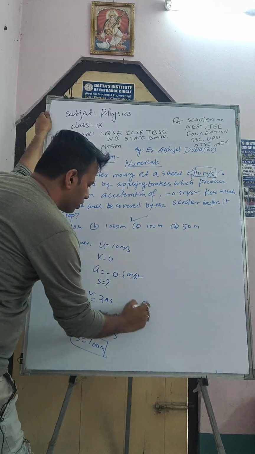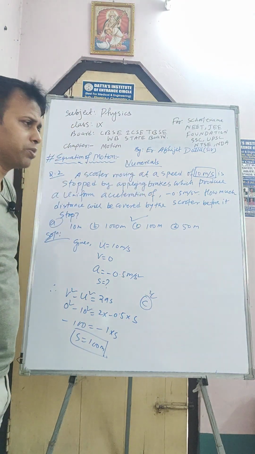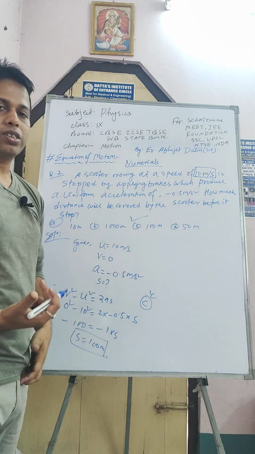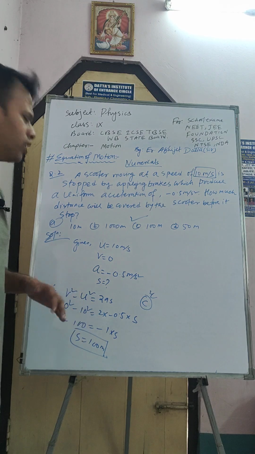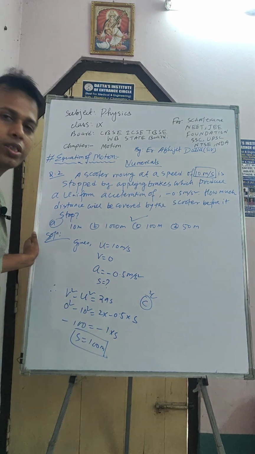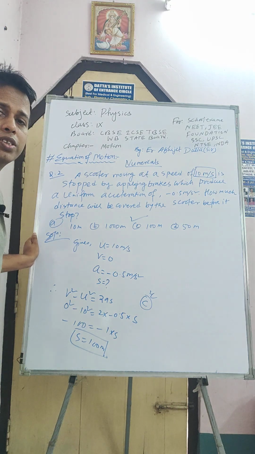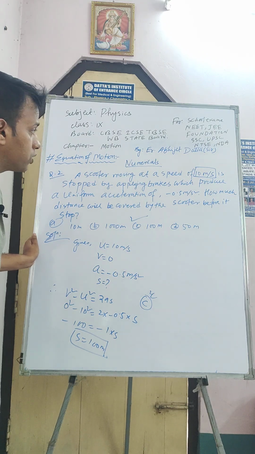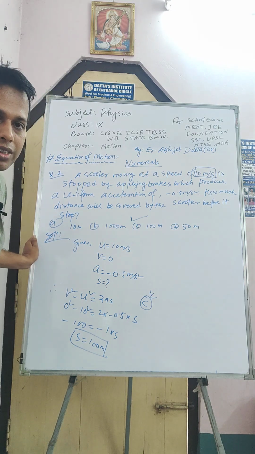So which option is correct? Option C is the correct answer. So physics is so simple. I am teaching lots of subjects, so many subjects, but physics is so interesting, because you can relate it with your real life experiences. This is classical physics, and you can experience this classical physics in your real life. That's why I am so happy with the teaching of this. I love so much to teach physics, because I can relate it with your daily life. It may be derivations, it may be theory, it may be numericals, I can relate with you.